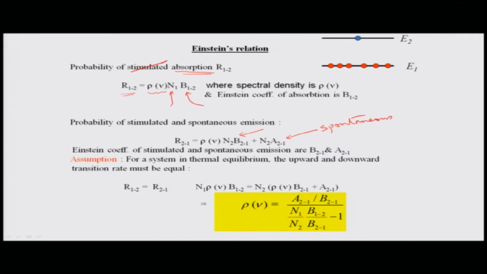This is another way of writing what we had written in the earlier kinetic model, and both of them are essentially giving rise to the probability of the absorption and stimulated emission, and the Einstein coefficients are the ones which are used here, stimulated and spontaneous emission, as we show here. For a system in thermal equilibrium, the upward and downward transitions must be equal, that is what we used last